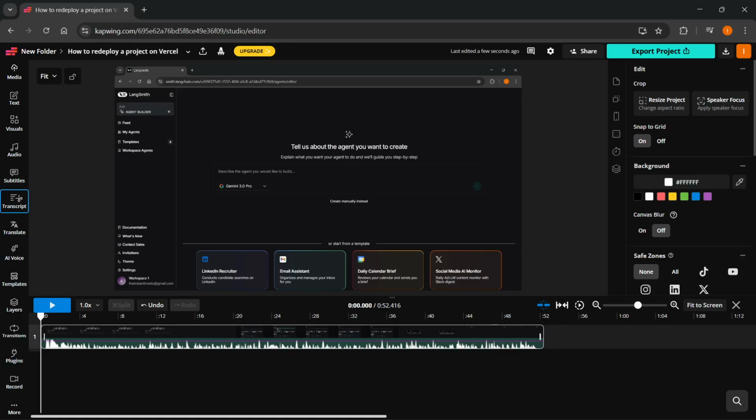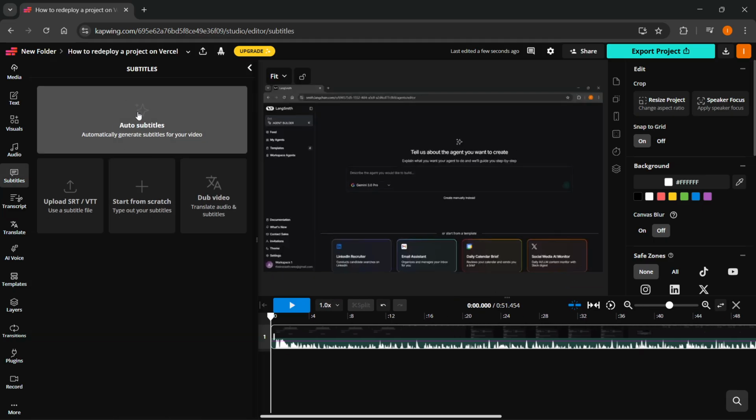In this video, I'm going to show you how to add captions to videos in Kapwing. So the first thing you want to do here inside Kapwing, you want to add in a video which has some audio so you can then generate these captions. As you can see here, I have one of my tutorial videos from my channel, and then you want to go ahead and go to subtitles over here on the left, and this is where you can actually add subtitles